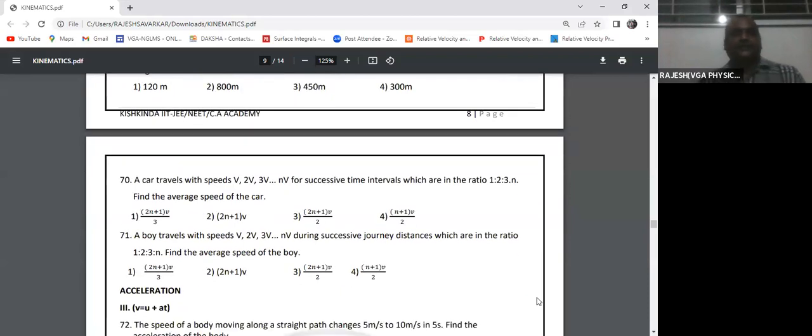So next, a car travels with speeds v, 2v, 3v, and so on up to nv for successive time intervals which are in the ratio 1:2:3, and so on up to n. Find the average speed of the car. How to find? v1 t1 plus v2 t2 plus v3 t3. That means 1 into 1v, 1 square v, 2 into 2v, 2 square v, 3 square v. So v average is equal to